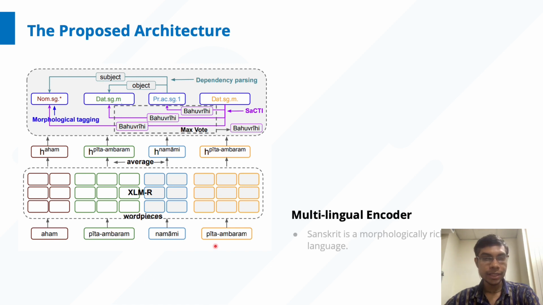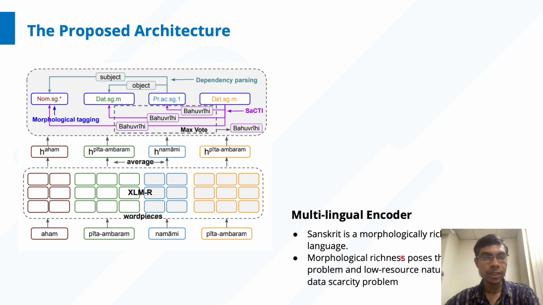We use a multilingual encoder. The motivation behind using a multilingual encoder is the morphological richness of the language, which poses the out of vocabulary problem, and the low resource nature poses the problem of data scarcity. So here we have used the XLMR multilingual encoder, and in the multitask learning architecture, morphological tagging is a sequence labeling architecture,